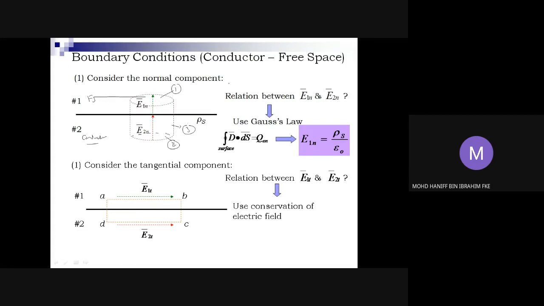Let us proceed with Gauss's Law. We have the integral of D dot dS equals the enclosed charge. Based on the closed surface structure here, we have 3 surfaces: surface number 1, 2, and 3. So we separate this integration into 3 different integrations: surface number 1 of D dot dS, plus surface number 2